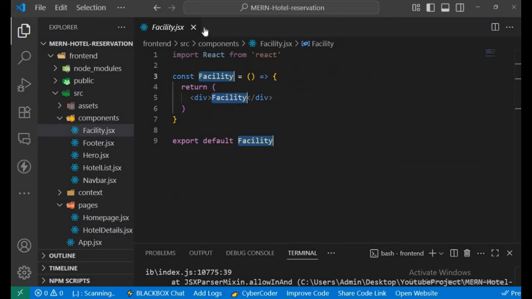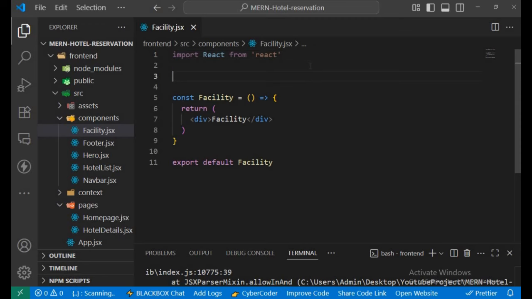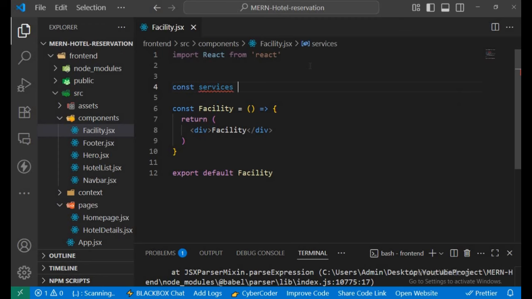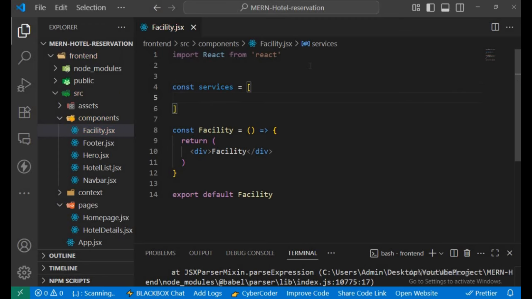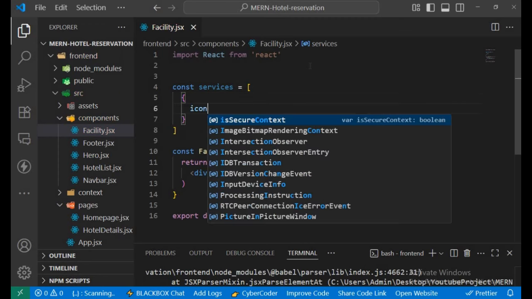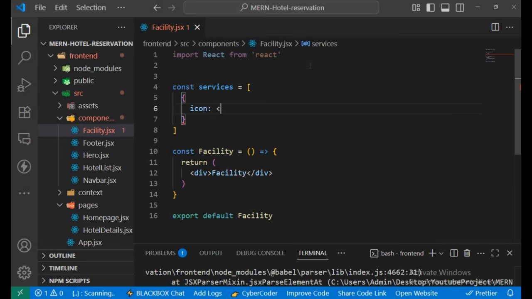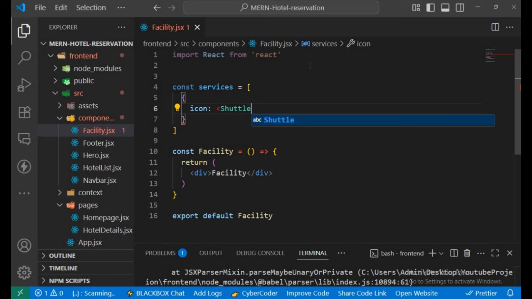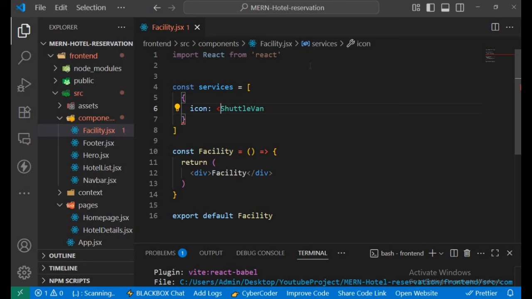Okay, now let's deal with this. So before we display, we need to first create an array of objects that will display all the services available. So we're going to have const services. The first object, we're going to have the icon. I want to use the shuttle van icon. And we're getting this from the,